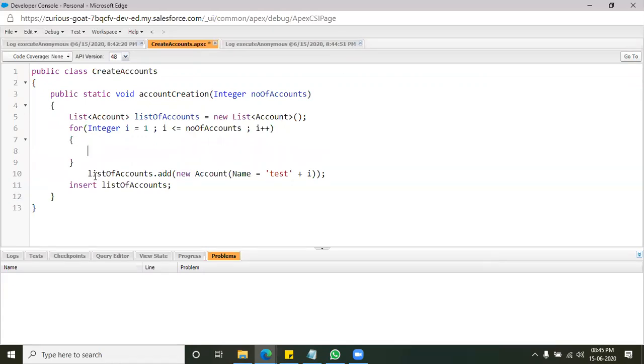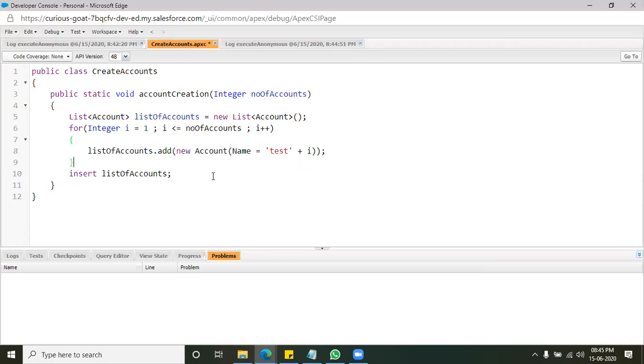Yeah, that's fine. So that's what I want to check, because I thought you put that insert method within the for loop. We are not supposed to put any DML statement, insert or update, within the loop. That is good. Okay, next one.